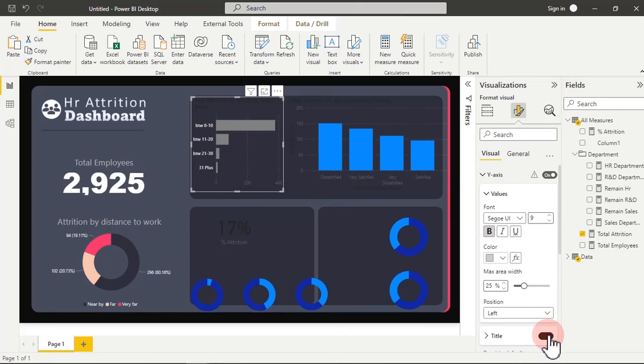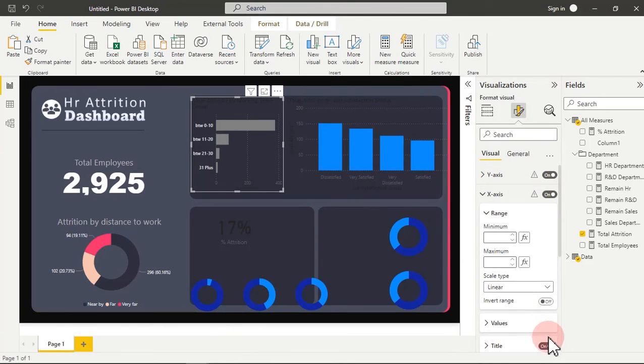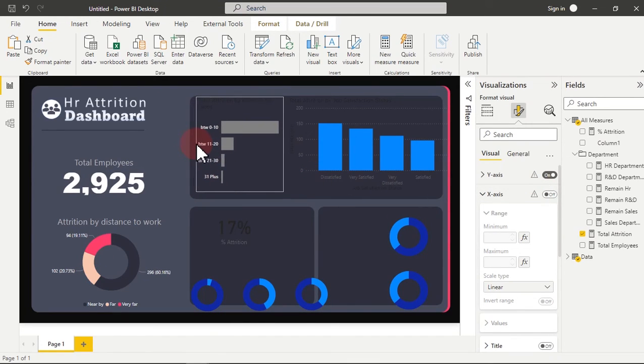For the title, I'm going to take it off. We don't want the title for it. And that is done. So I just want to go with my X axis. Totally, I want to have it removed. No title. And no, I don't want to show anything. So that is gone. So we can just make sure we pull this a little bit,